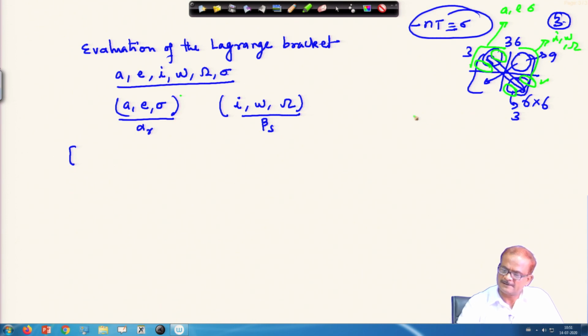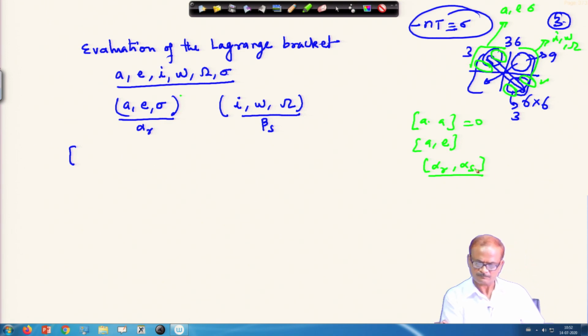So, you can see that the Lagrange bracket for A is of course 0, according to the property of the Lagrange bracket we have written. Similarly for A, E, these just refer to alpha r and alpha s,